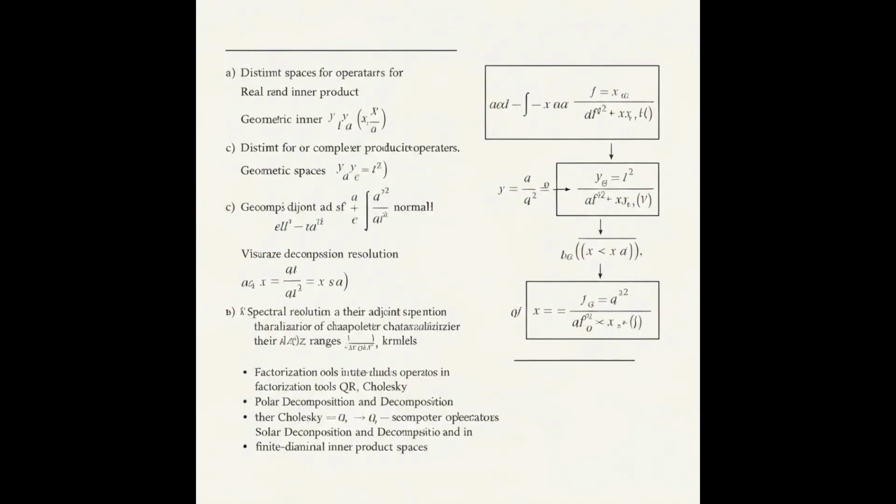The text develops the spectral theory. Normal operators on complex spaces are unitarily diagonalizable, with eigenvectors orthogonal for distinct eigenvalues, and self-adjoint operators on real spaces have the real spectral theorem. It also notes a real-complex dichotomy via the decomposition T = A + iB with A, B self-adjoint and commuting. It then covers practical factorization tools, including the QR factorization and Cholesky for positive definite matrices, the polar decomposition T = S sqrt(T*T), with S unitary, and the broader framework of the singular value decomposition,